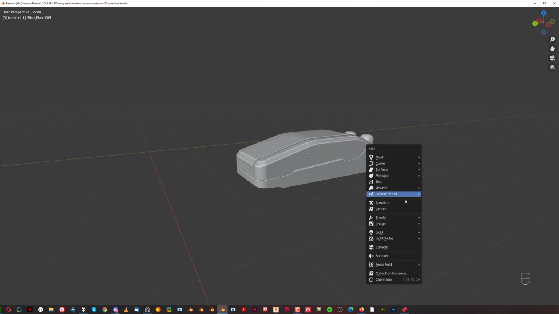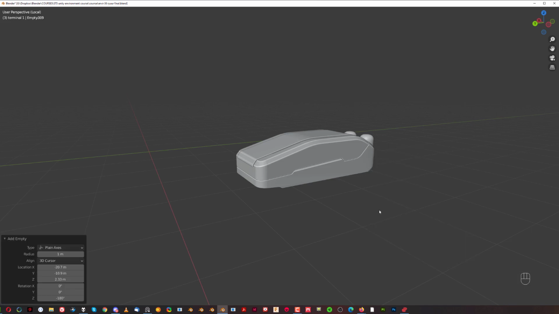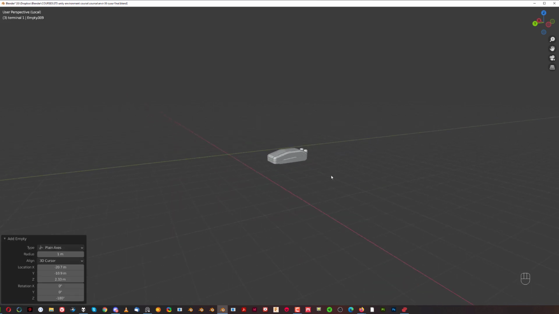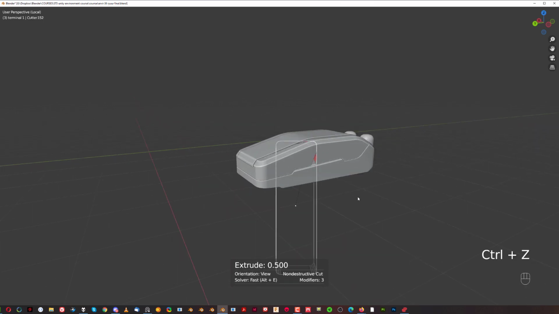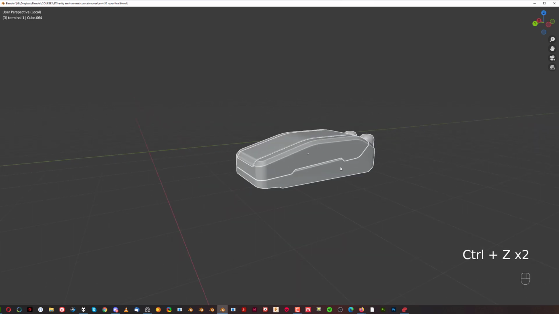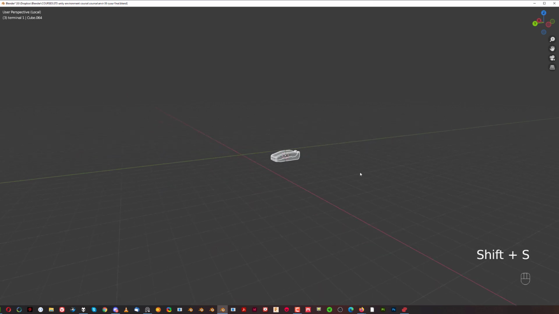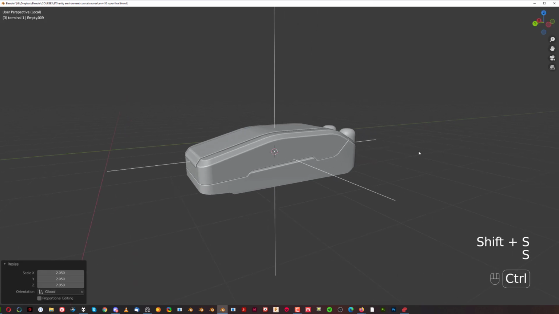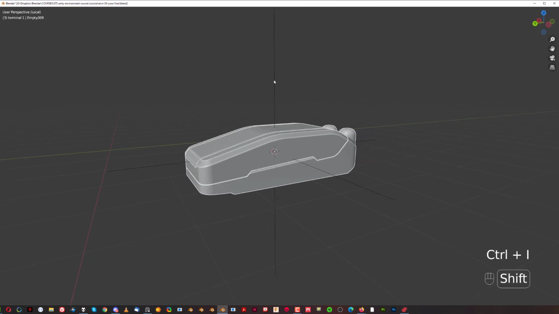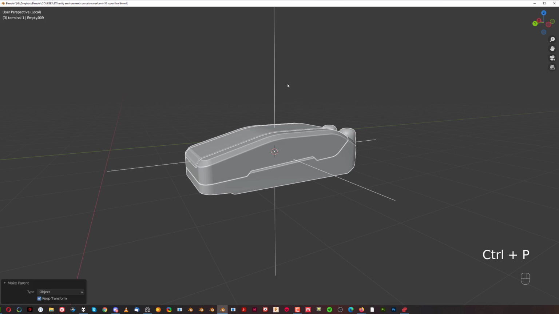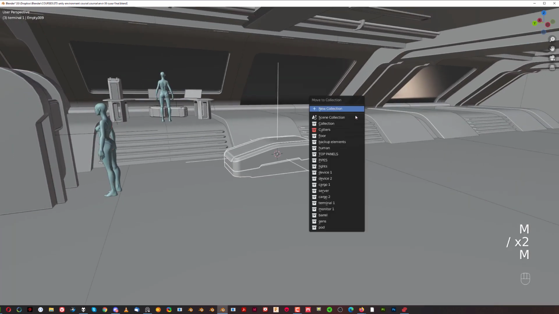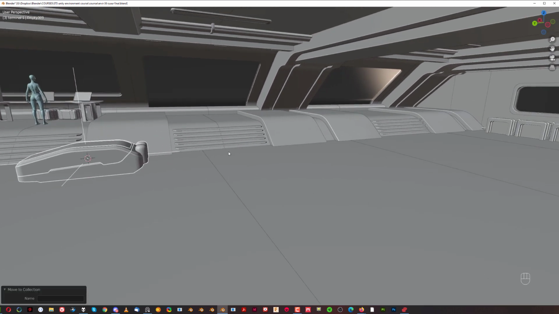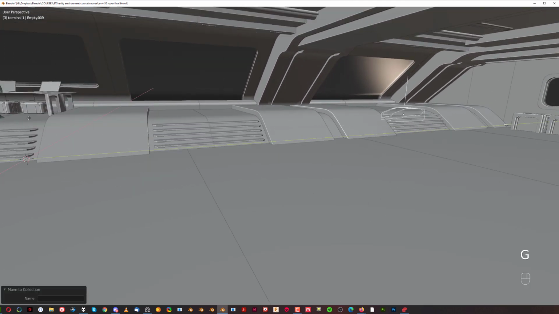Let's add an empty. So just add an empty, and where is it? Here. Let's select everything here. Let's select everything and Shift S and to select it, and then move the empty, and then Control I to invert it, select the empty, and Control P and keep transform, and then move all of these to pod, and then we can move it. So G, Shift Z, and move it somewhere here,